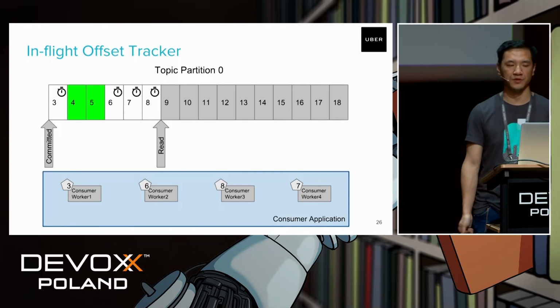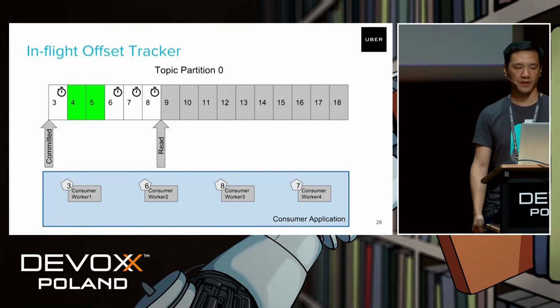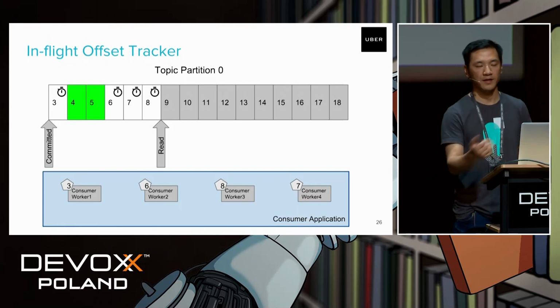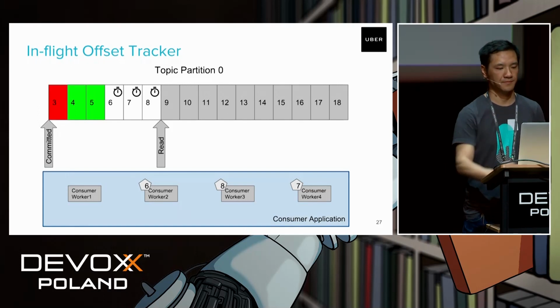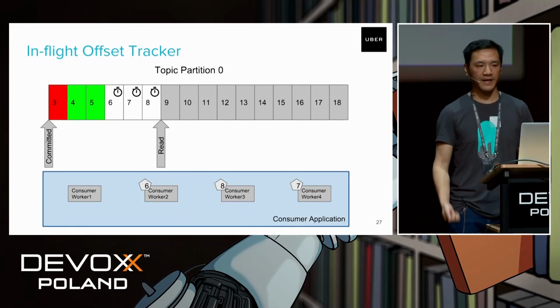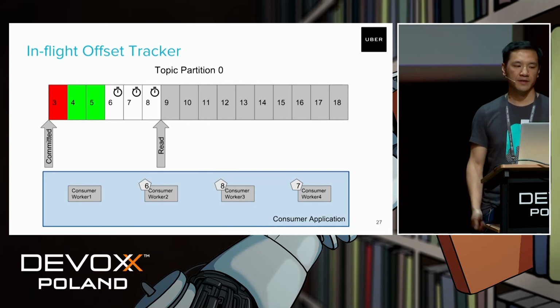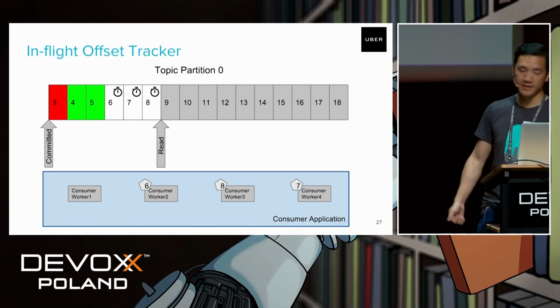Worker 3 now finished message 4, and it will be marked as green, and then message 8 will be assigned to worker 3 and start the timer, of course. Now, worker 1 nacks the message, or if it times out, we mark this message as red in this case.